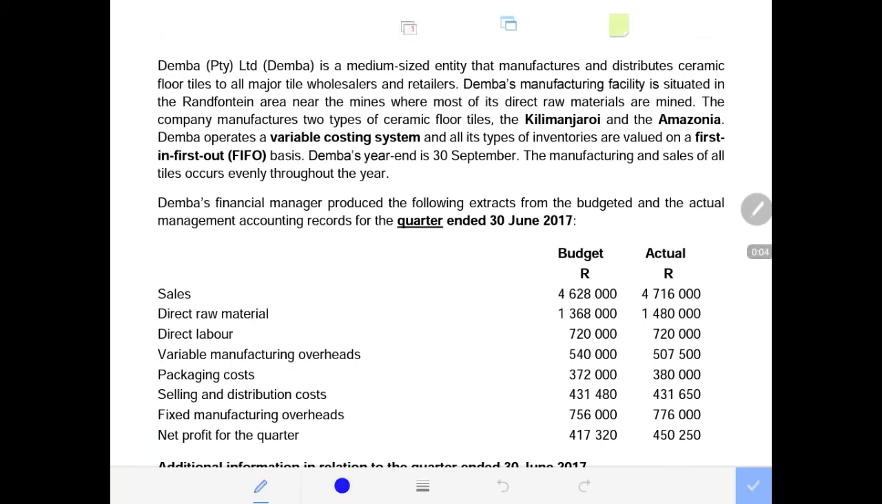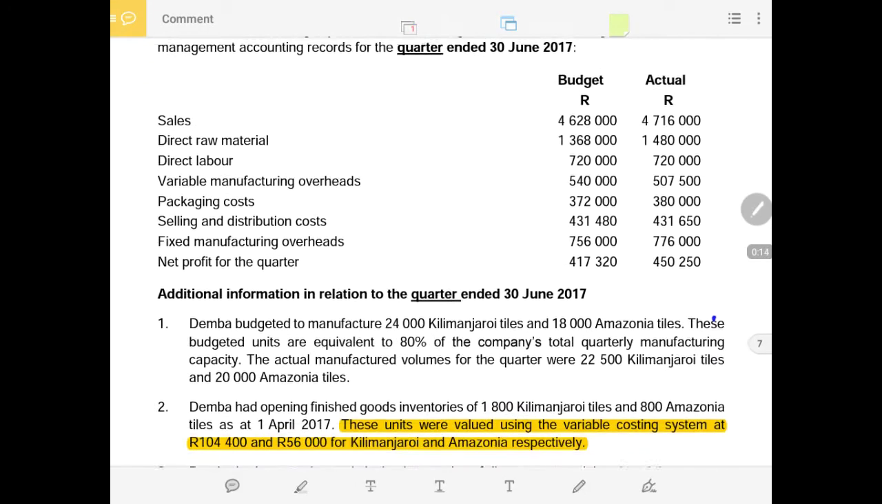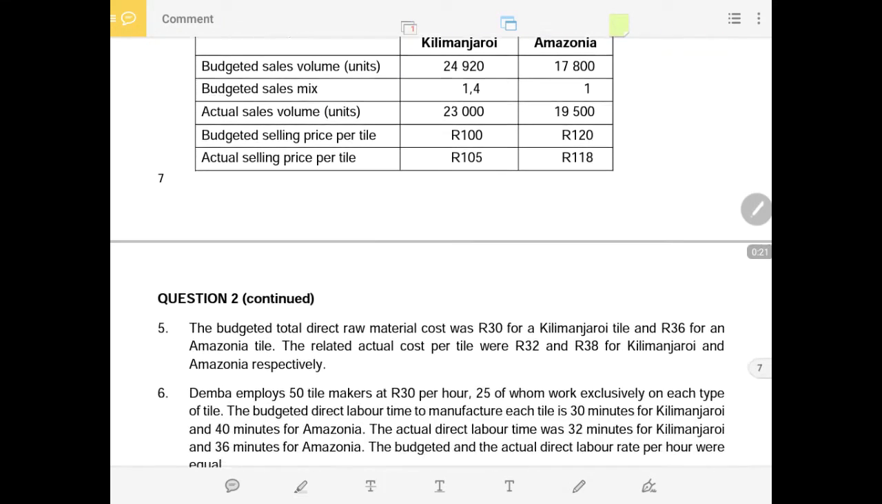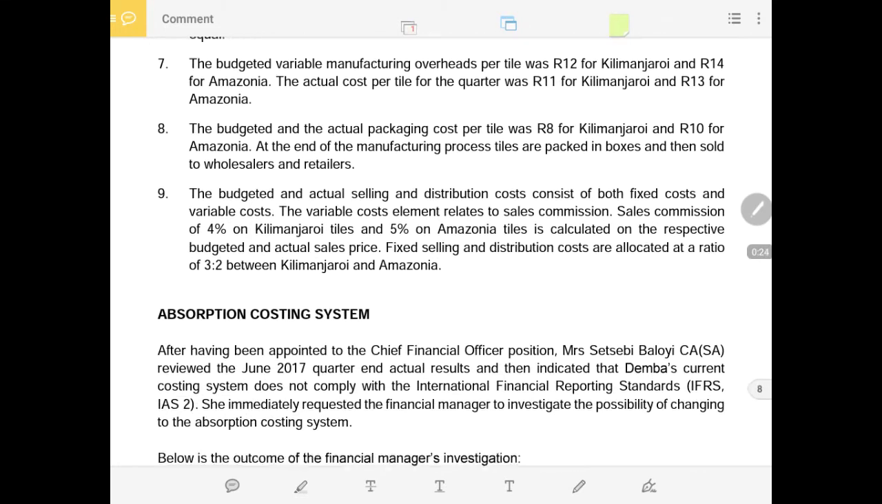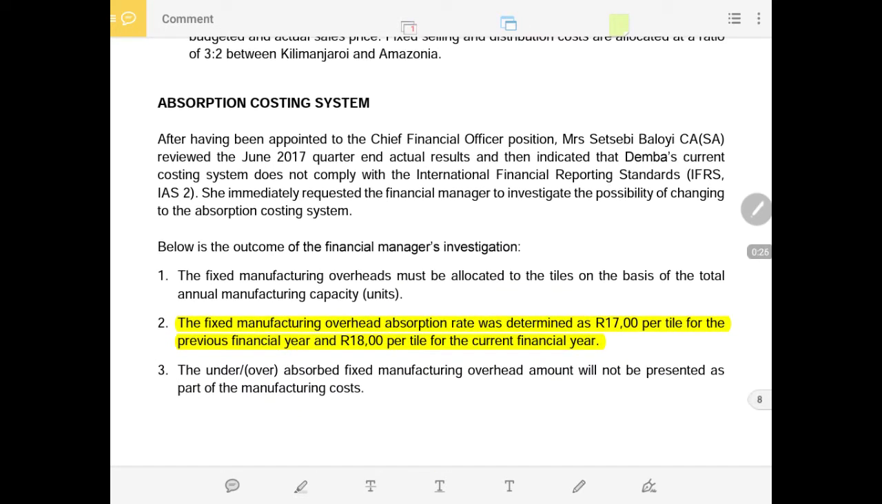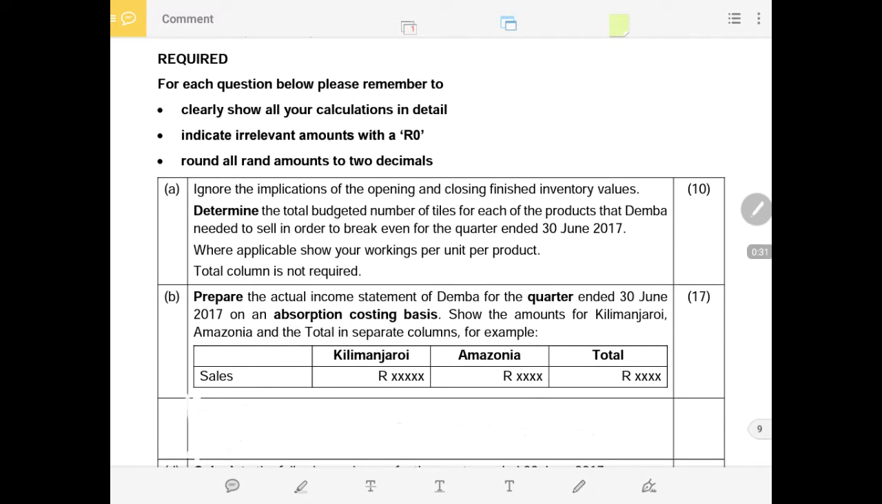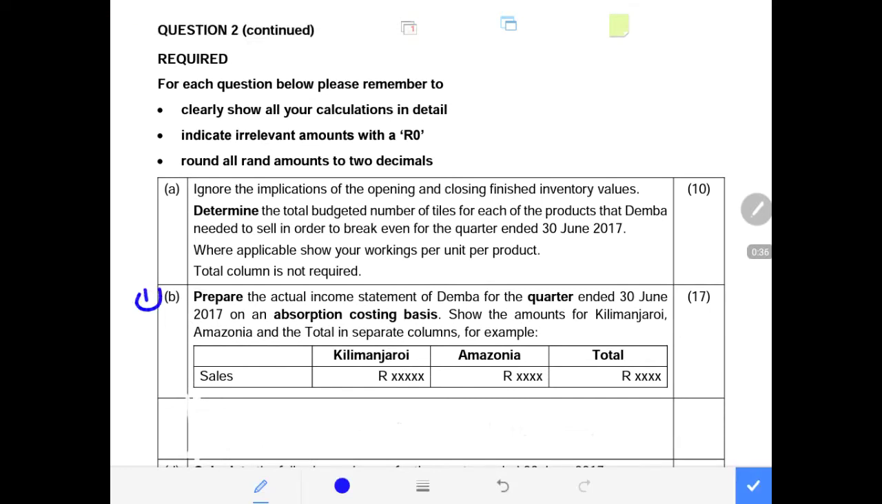I will be recording Demba Pty Ltd, which is a medium-sized enterprise. And in this question paper, I will only be focusing on two questions. Some of the questions I have been recording on many times. So my focus will be on the second requirement, to give you in the order of priority,